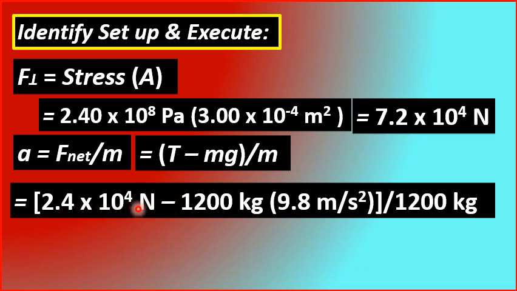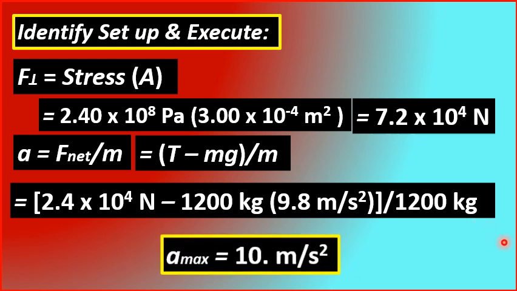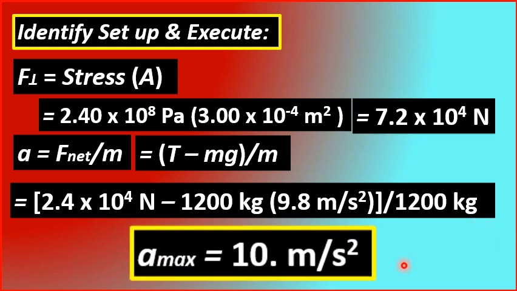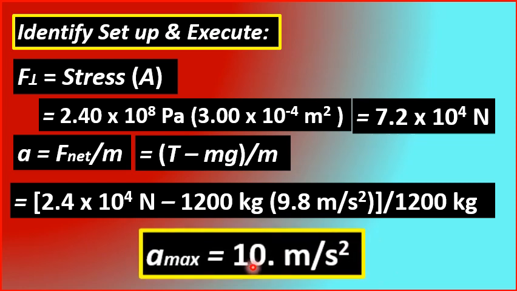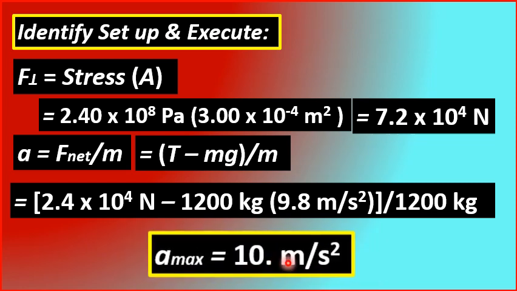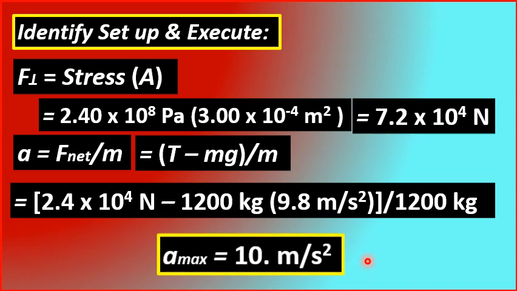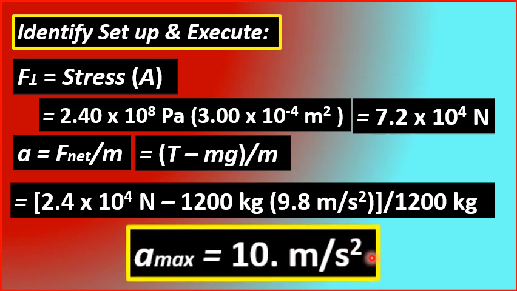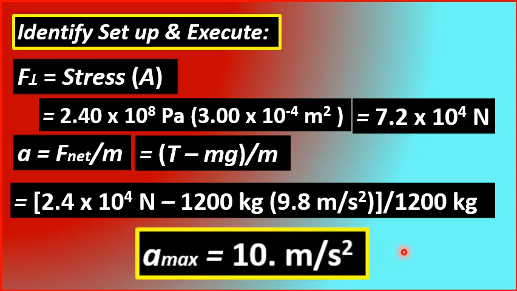Then we subtract the weight of the elevator, that is 1,200 kilograms times 9.8 meters per second squared, and then the net force is divided by the mass of the elevator, 1,200 kilograms. So doing our math, we will get the maximum value of the acceleration equal to 10 meters per second squared in two significant figures. This is the maximum value of the acceleration that the elevator can have,